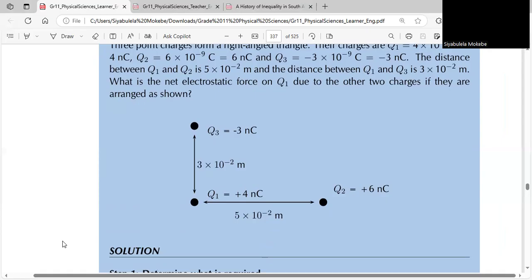What is important, something that I want you to consider, is that if you look at -3, -3 is negative. Q3 is negative, and Q2 is positive, and Q1 is positive. So if I were to use the Cartesian plane,